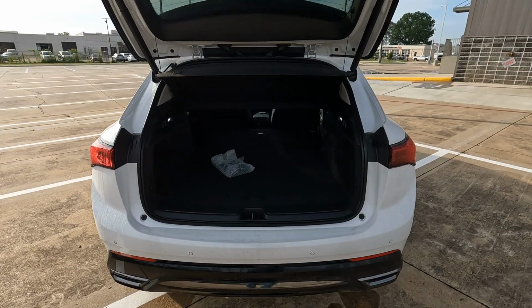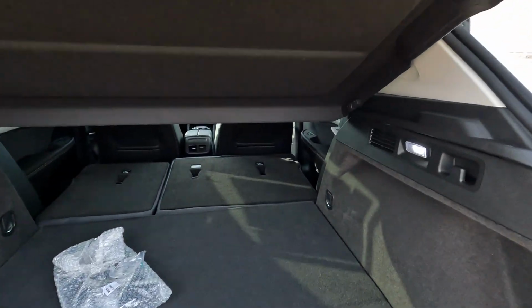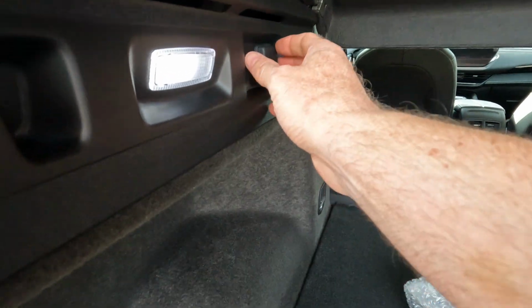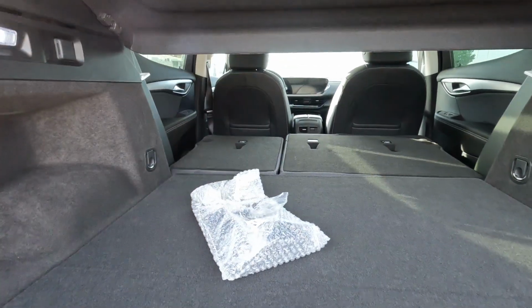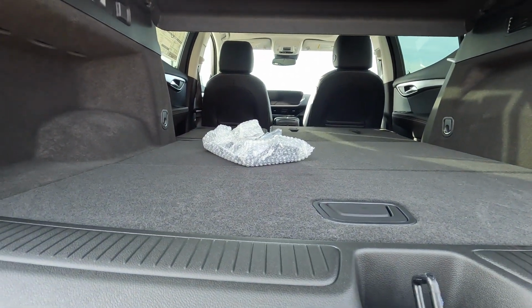Cargo capacity comes in at 25.2 to 52.7 cubic feet, and you'll find cargo lighting in the rear area, make things nice and bright when you're working after dark in this area. And you will also find the 12-volt power outlet. Here is how everything looks when the seats are folded flat, and as you can see, they're pretty much completely